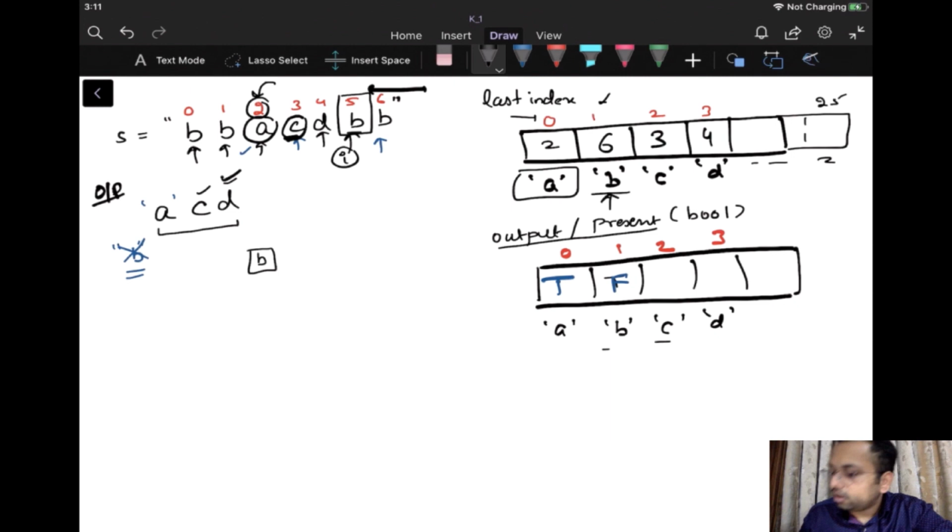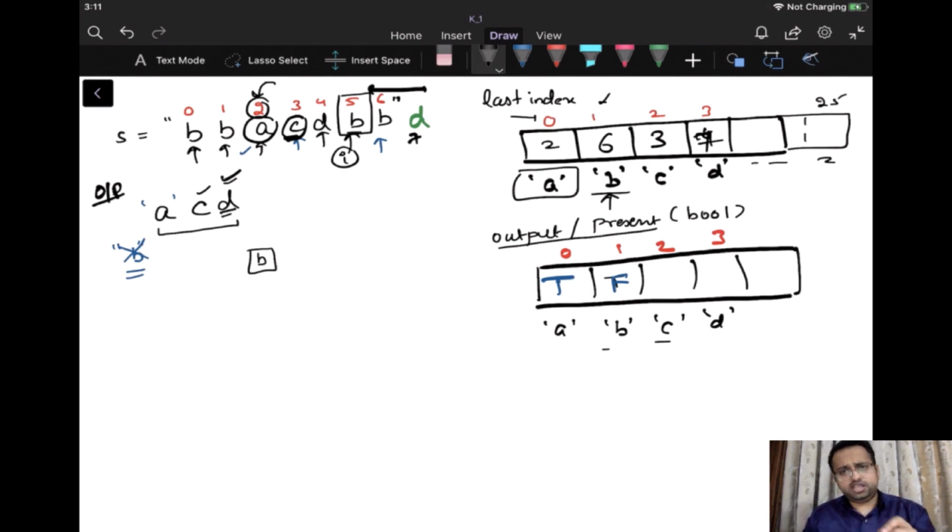So it's fine. But what if I have the string as this? Suppose I inserted one more character at the end, and that character is equal to D. So the last index of D will now be equal to 7. Instead of 4, the last index will be 7. Now I'll check, is there any character which is greater than B? Yes, D is the character.